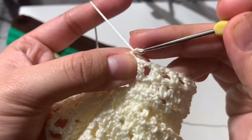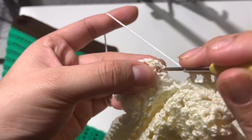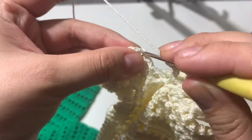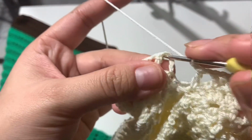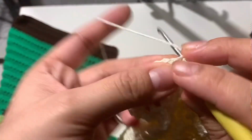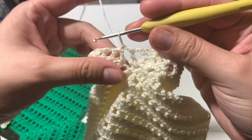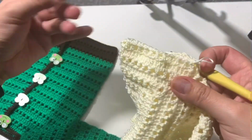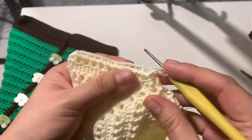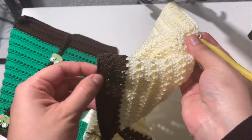So we chain 1, and we slip stitch in the 3rd chain from the beginning, which is 1, 2, and 3 right here. We slip stitch, and this is what we have for the sleeve. We made row 1. For row 2, we are going to repeat this row right here, or the last row